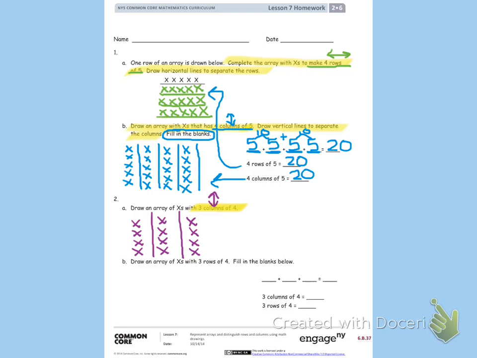Now, item 2B. Draw an array of x's with 3 rows of 4. I'll highlight that. This time it's 3 rows of 4. And we already know that rows go side to side, so I'll put a reminder there. And I'll go ahead and underline or circle, fill in the blanks below, to remind me. I want 3 rows of 4. I'll draw the rows,